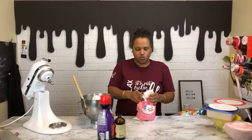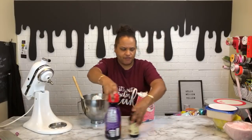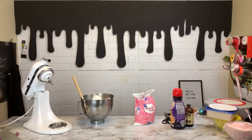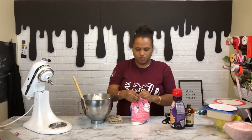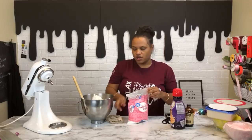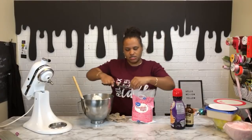So that's just shortening. That's one container of shortening, and then I'm going to use some of this powdered sugar. I'm trying to make it all go to the bottom so it doesn't spray everywhere. And, oh, let me not forget the butter also. I used to not add butter because I always wanted the shortening to be pure white. And now I add butter to my mix because